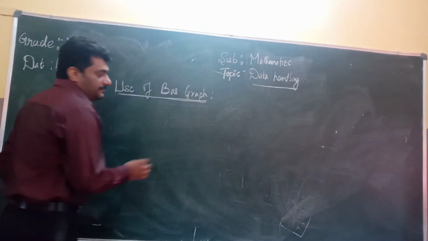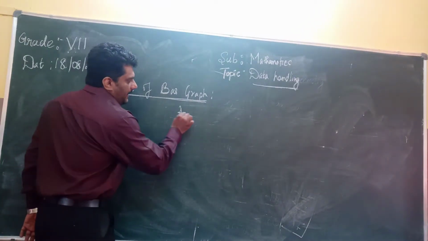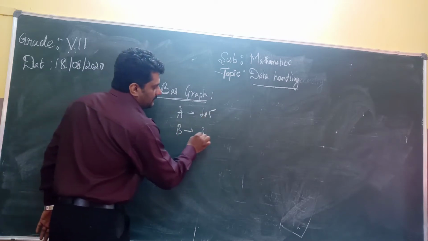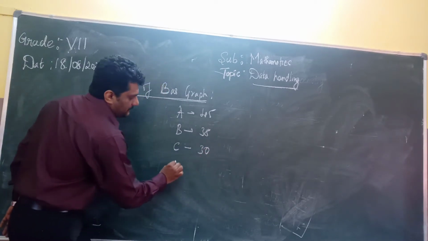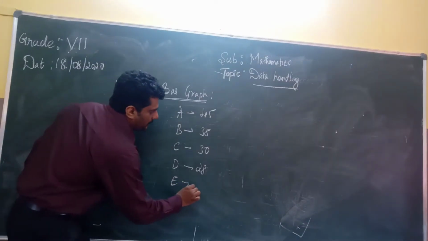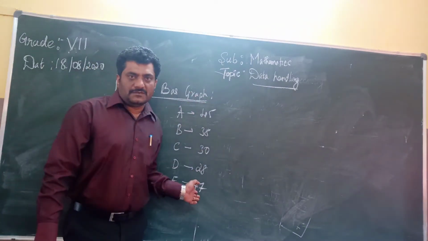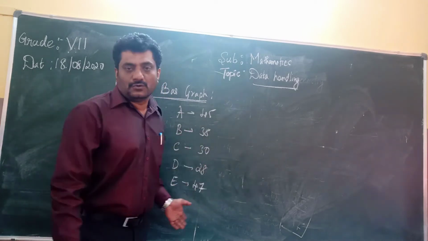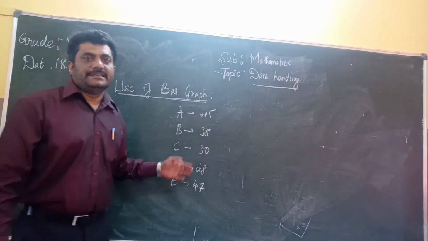Now, for example, there are numbers like in a class, A student got 45, B student got 38, C student got 30 marks, D student has got 28 marks, and E student has got 47. Now, the moment you see all these numbers, you will take at least 2 to 3 seconds to check who is highest and who is lowest. But if you plot this in a graph,